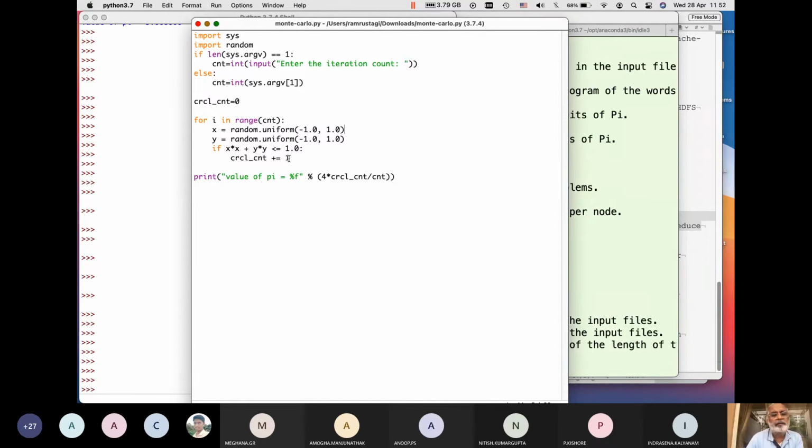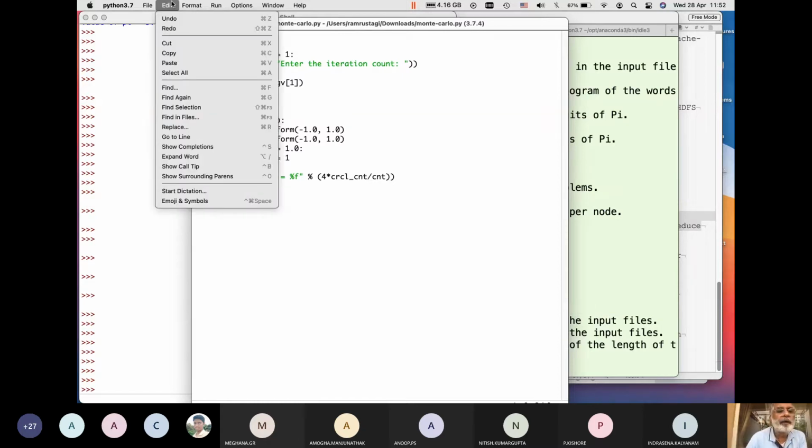Having run this, I can estimate the value of pi as 4 into the area of the circle by the area of the square, because CNT represents the area of the square and circle count represents the area of the circle. Dividing by this, I'll get the value of pi. Is that okay?